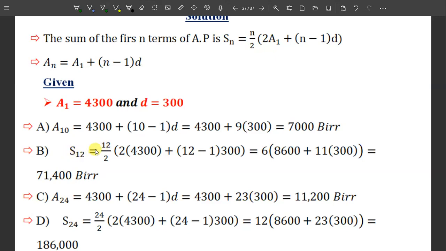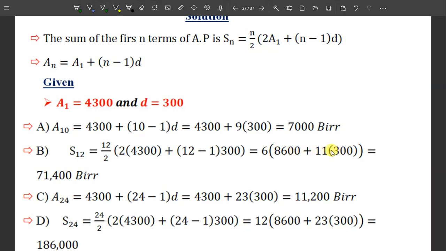S12 is equal to 12 over 2, our n over 2. Then 2 multiplied by our A1 is 4,300, added with our n is 12. 12 minus 1 is 11, and therefore here 11 times 300, the common difference. 12 divided by 2 gives us 6, and 2 multiplied by 4,300 gives us 8,600, and therefore first perform the operation in the bracket, performing the multiplication before